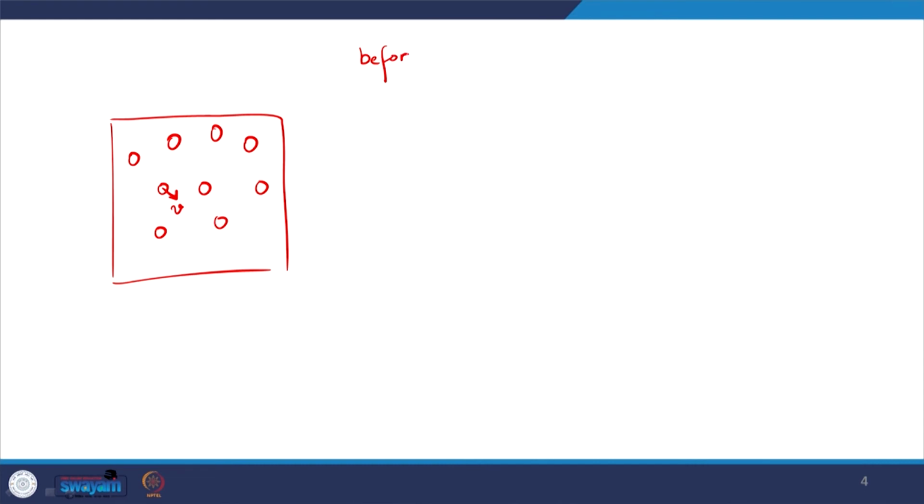So, before the collision, the distance traveled will be actually something like v multiplied by t. That will give me an r square that is proportional to t square. So, we can say even on average, my average r square will be going like t square as opposed to going like t. That is what Einstein tells me.